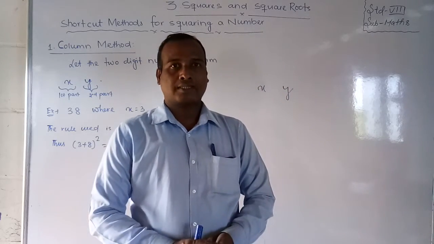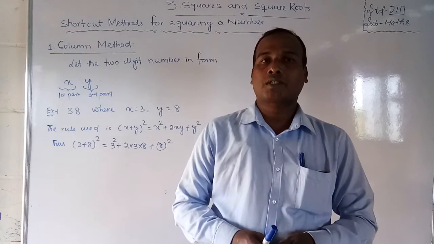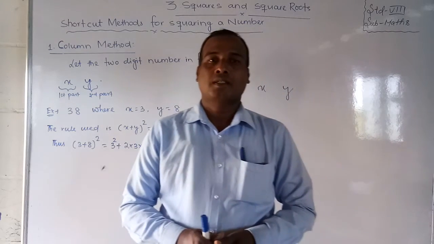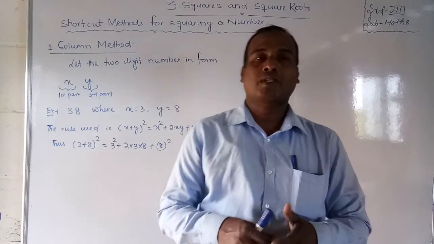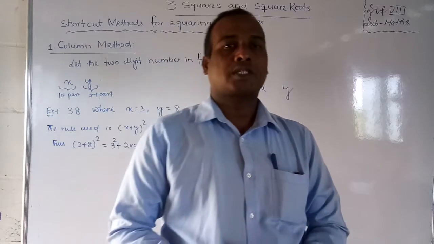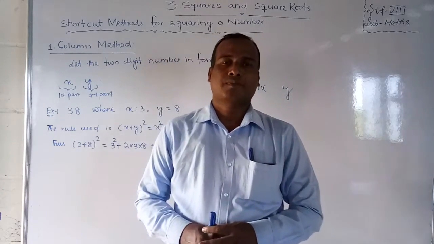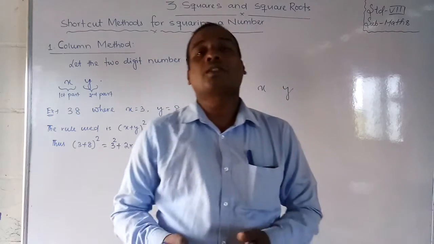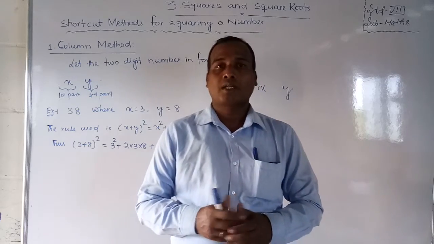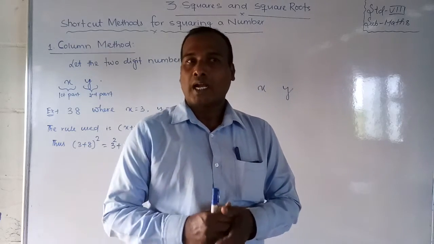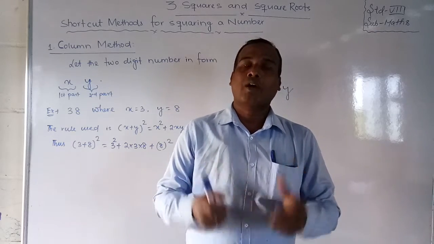In the previous video, we already learned how to find the square of a number. Whenever we multiply a number by itself, we get a perfect square. But today we are going to discuss the square of two-digit numbers by an easy shortcut method. There is one technique we can follow today, and by it we can easily get the square numbers. So how should we do that?